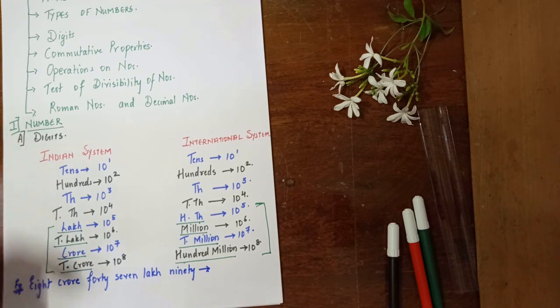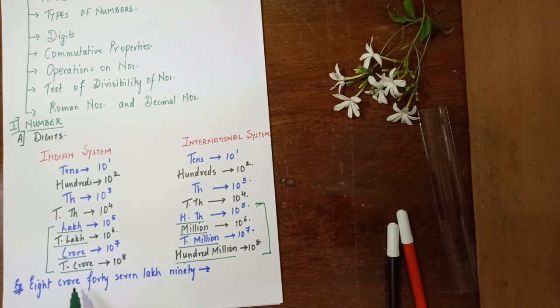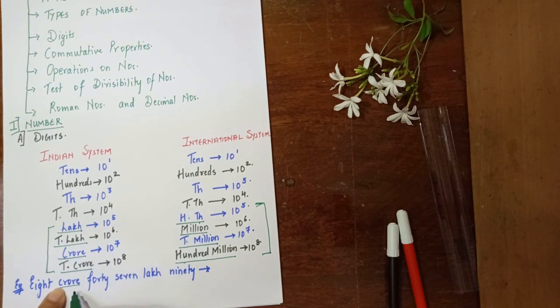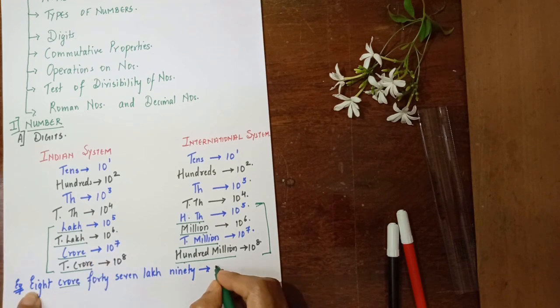Now when you write this number, the first thing that should come to your mind is identify whether it is given in the Indian system or the international system. The word crore has appeared over here. So if you have crore written, it belongs to the Indian system. So crore has how many zeros over here? We see that crore is going to have 7 zeros. So let's write down, it's 8 crore. So I write down 8 over here, and after 8 I'll be having 7 digits.